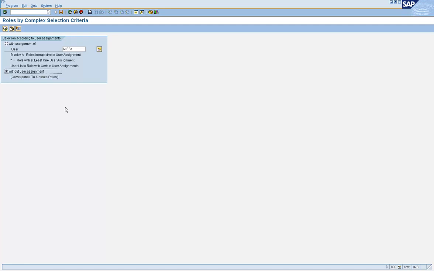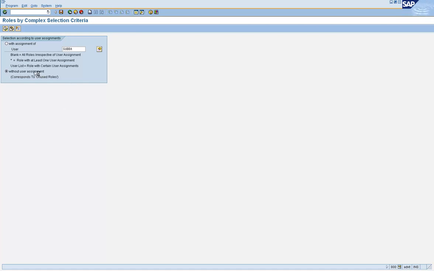Right? So if a role is assigned even to one user ID, that means that person is using that role. So when you click on without user assignment, you should get the list of roles that are not assigned to anybody. So this is one nice feature in this option.